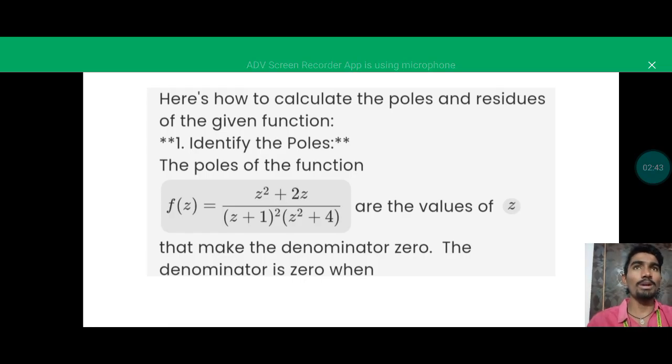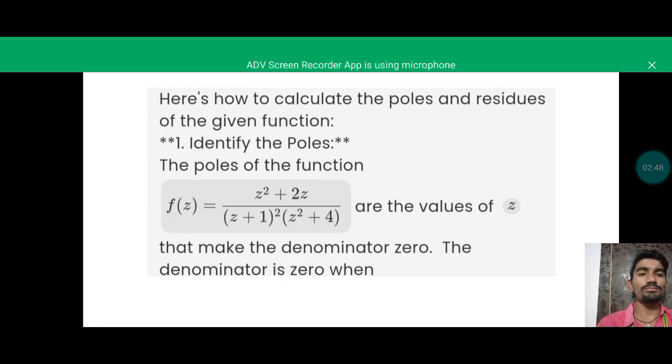Now we come to the problem: how to calculate the poles and residues of the given function. The given function is f of z equals z square plus 2z divided by (z plus 1) whole square into (z square plus 4). First of all, we will find the poles, and based on the poles, we will find the residues. The poles are the values of z